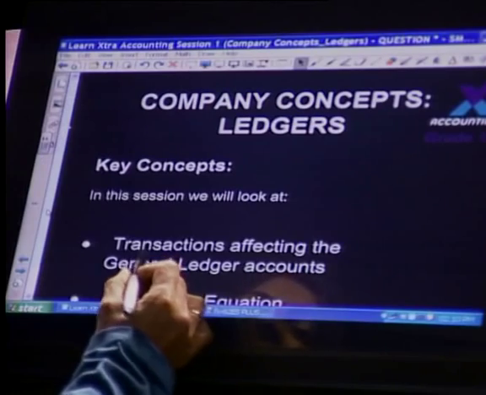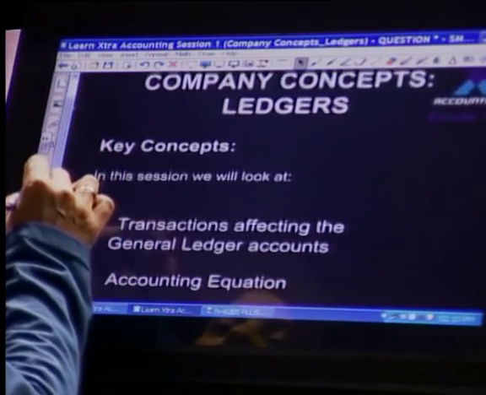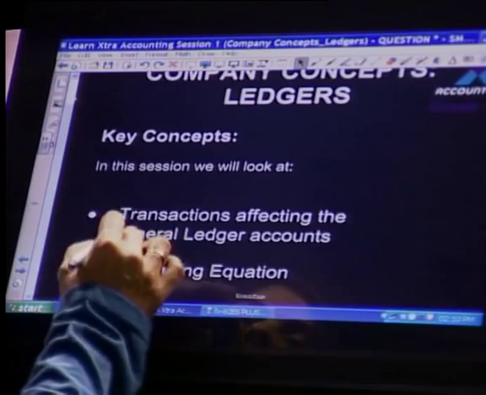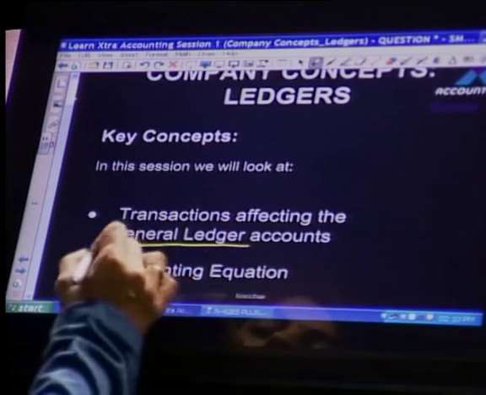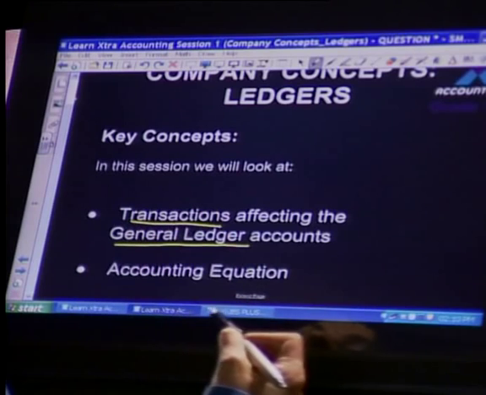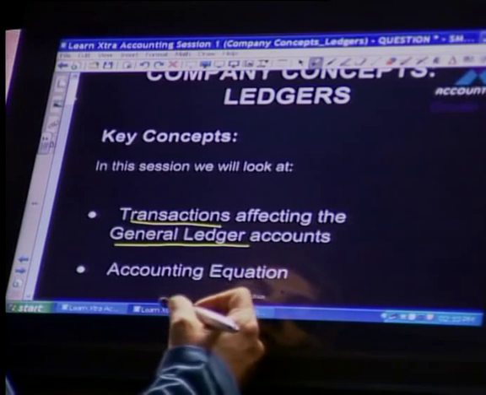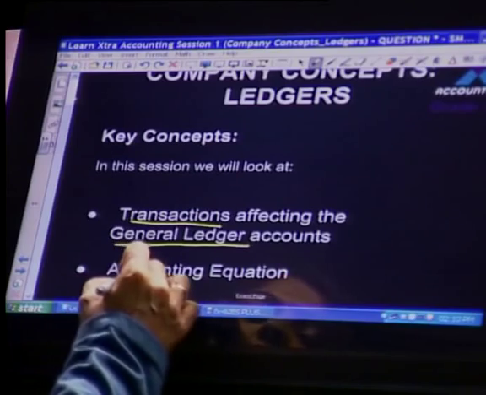My name is Mahesh Lal, and today in this accounting lesson we are going to be focusing on certain company concepts. Now let's quickly look at which are the key concepts we're going to be looking at. In this session we will look at transactions affecting the general ledger. Okay, so there we go, our general ledger. Let's just get a pen quickly. All your transactions that will affect the general ledger accounts,